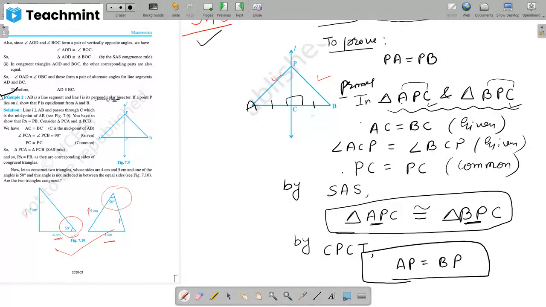Because in this case we have taken two sides and they are equal to the corresponding sides of the other triangle, but the angle, what is this SAS congruency criteria? The angle should be included between the sides. But here we have taken a different angle. If this one is 50 degree, then the triangles are said to be congruent. So in this case the triangles are not congruent. Is it clear? Yes, ma'am. Good, so let's move to the next one.